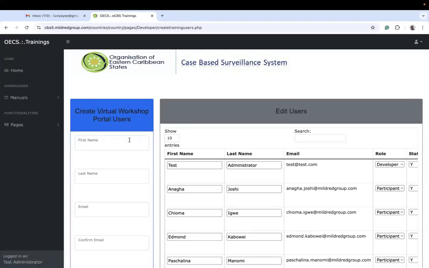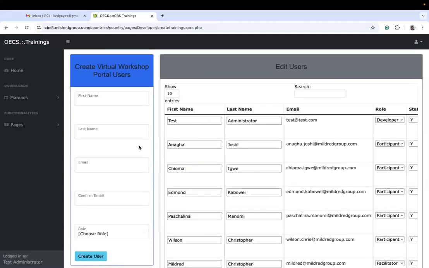This is where all of the user accounts are created. On the left side, we have a little form where we'll fill in the first name, the last name, the email address, and select a role from the 4 roles for that user. When we click on create user, an email is sent to the email address that was specified here. We'll get a success message. The person receives an email with an activation link. When the activation link is clicked, the person gets a form to set their password. Now, because of the encryption type used,